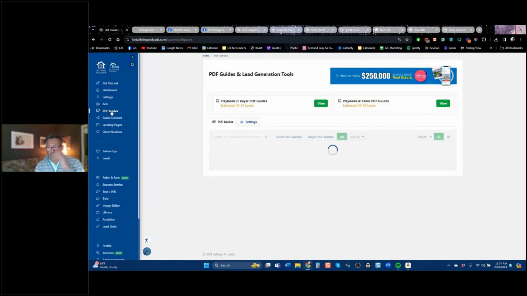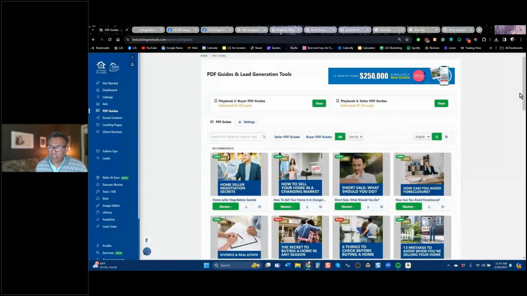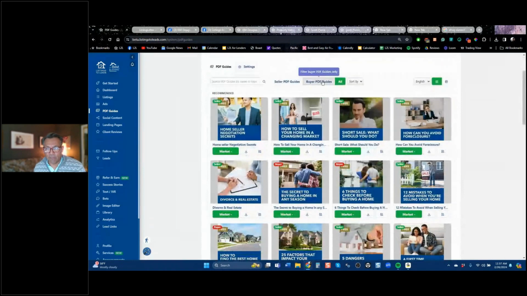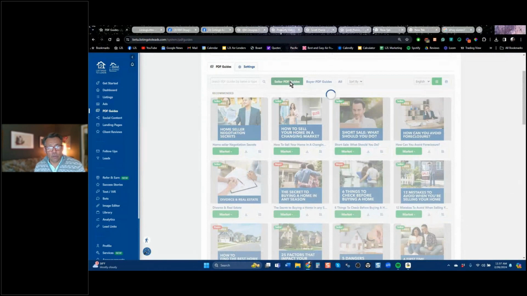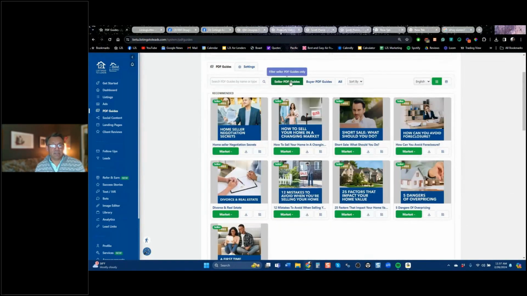But there are a lot of ways to market the PDF guides besides just posting them to your socials. And when we come here, you'll know that we have 40 for buyers, 40 for sellers. The colors, your logo, your contact information are on every page of these, okay? If you click